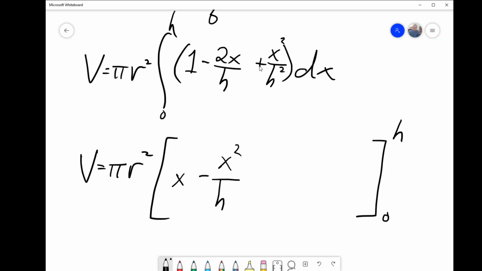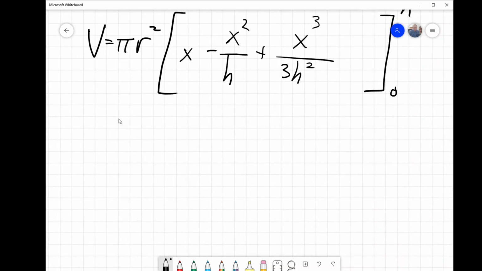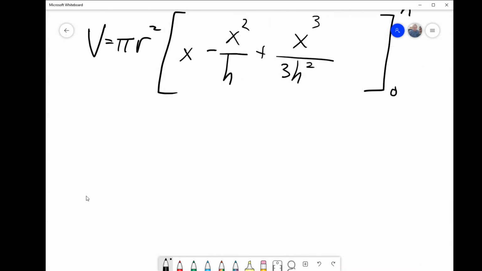And then finally, the integral of that x squared over h squared, well, the integral of x squared is x cubed. We have to have a 3 down here to cancel it. We're still going to have an h squared, and we'll be adding that. So this will give us our ultimate expression for the volume of the cone,